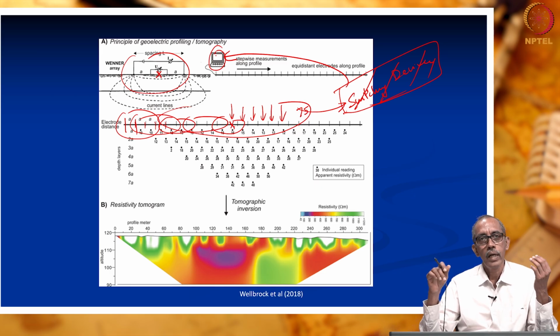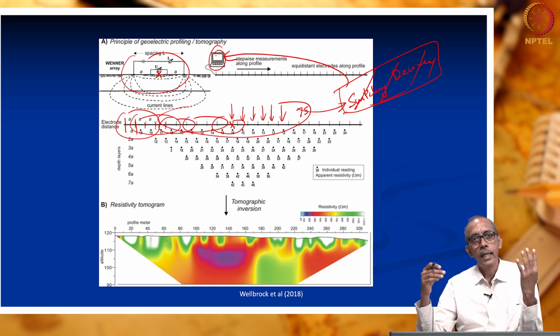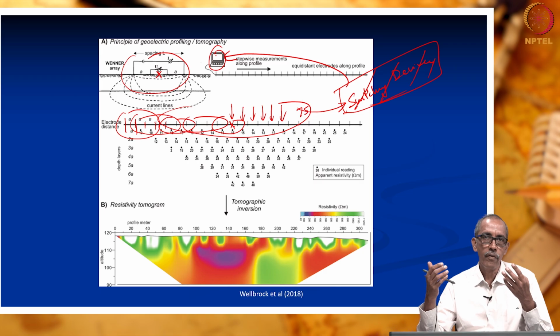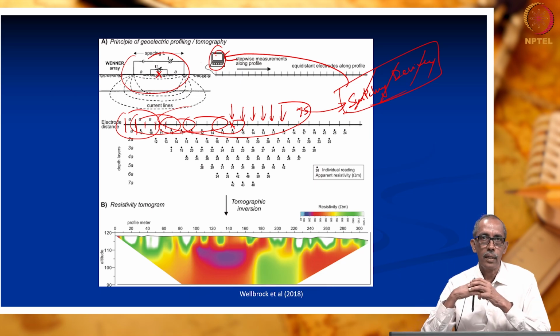So, I want Wenner method, I want Schlumberger method, I want dipole. In all these methods, I want both profiling as well as sounding. So, automatically this device, the switching device, is something like a computer. It automatically switches the connections of corresponding 4 electrodes, right. Before it switches connections, it takes the measurement of apparent resistivity. So, it takes a minute to measure the apparent resistivity. After the measurement is done, the new 4 electrodes are connected, measurement is taken, then the next 4 electrodes are connected and the measurements are taken, right.